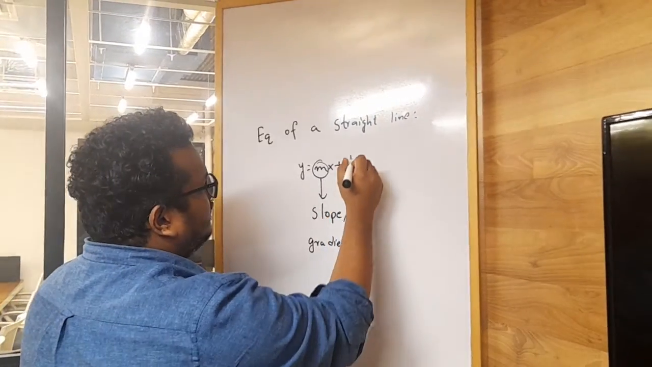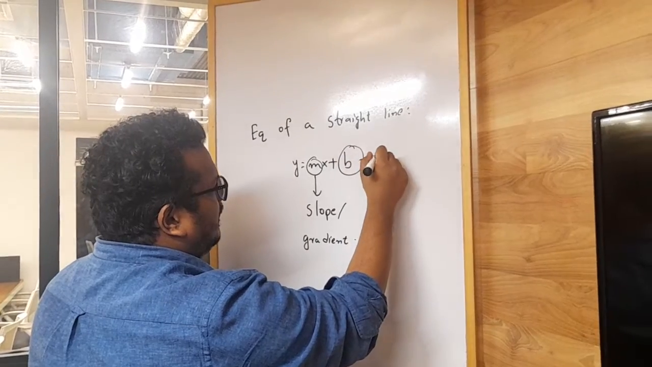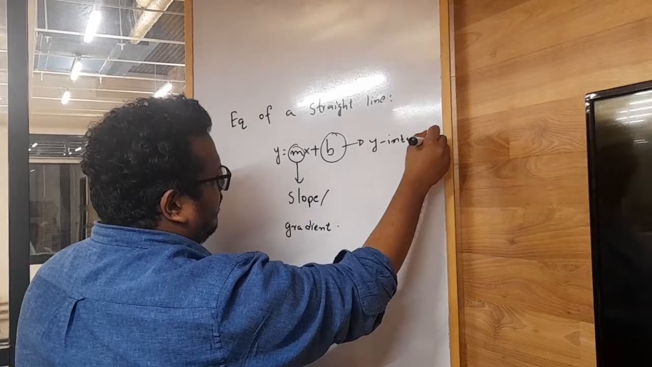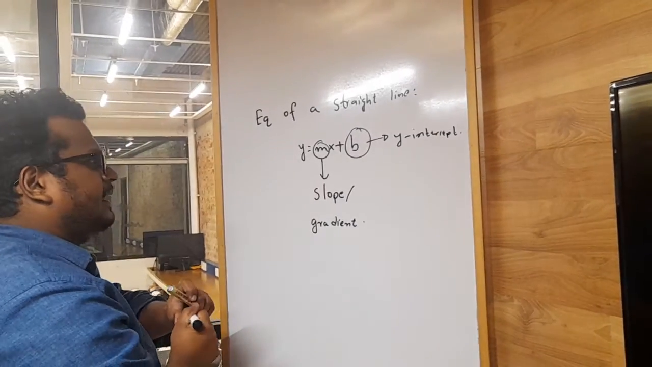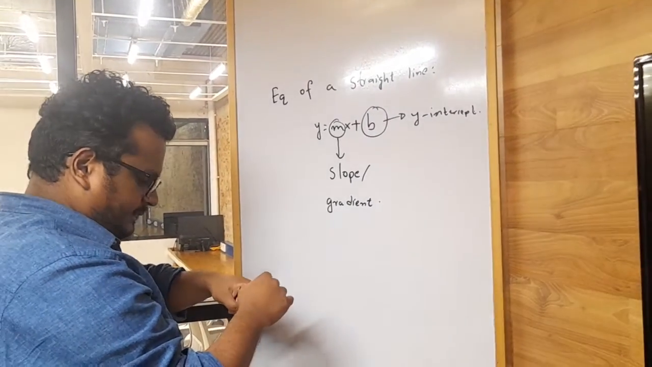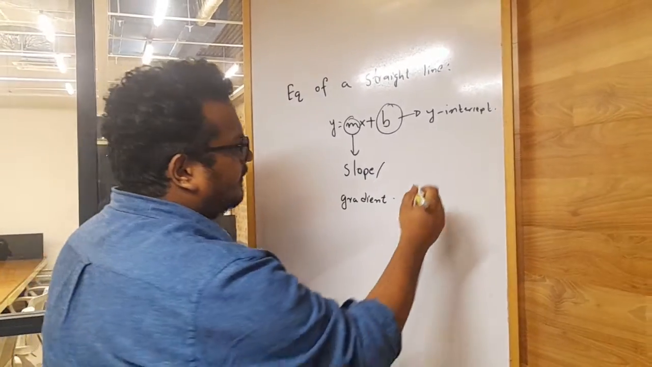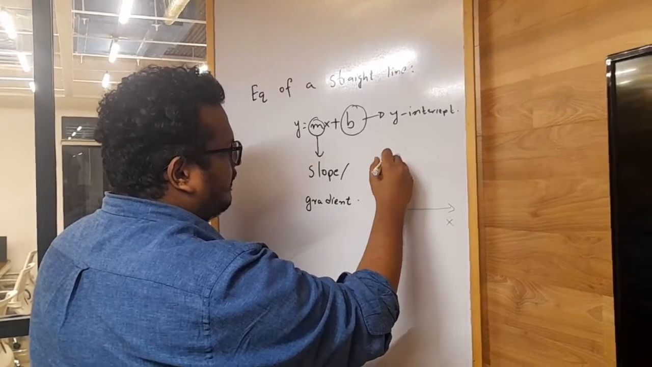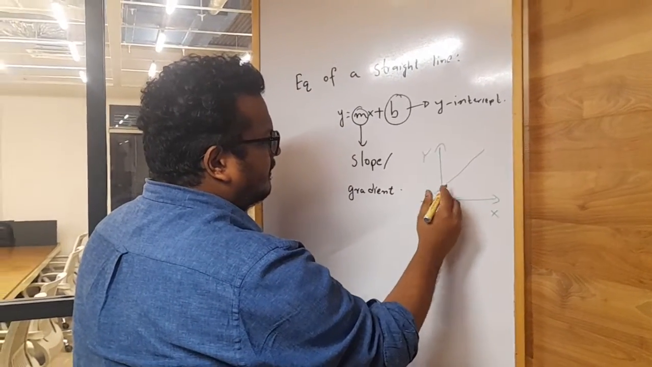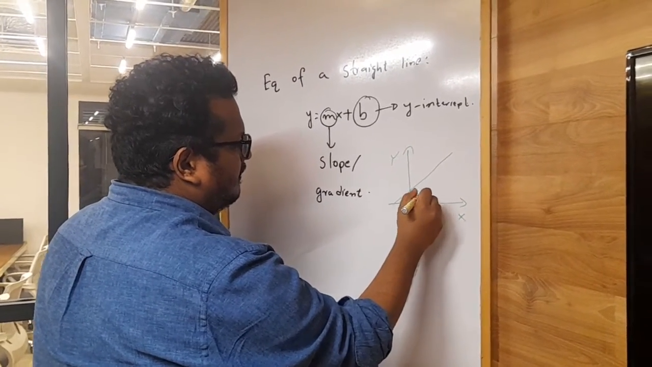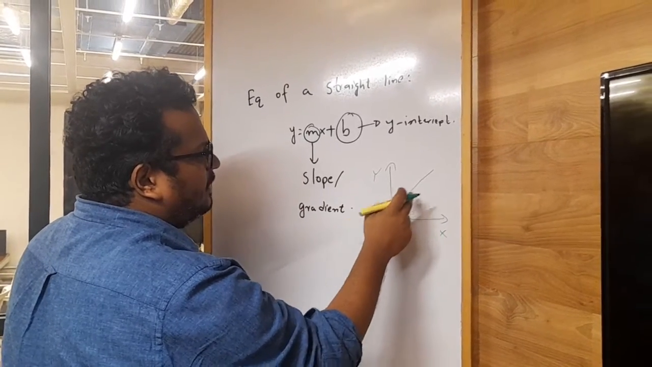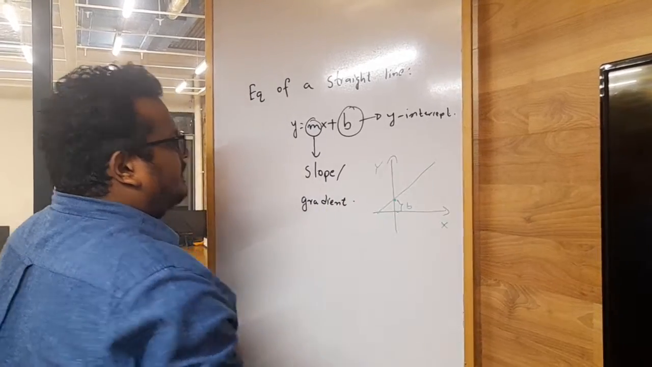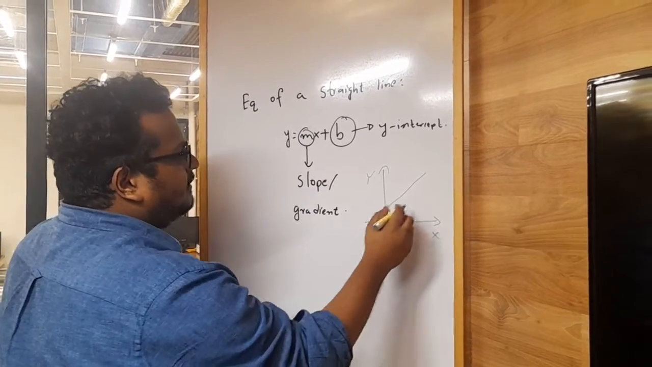and b is the y-intercept. So suppose you have a straight line, this part is the b. It is the point at which the line cuts the y-axis. It's known as the y-intercept, and the slope is